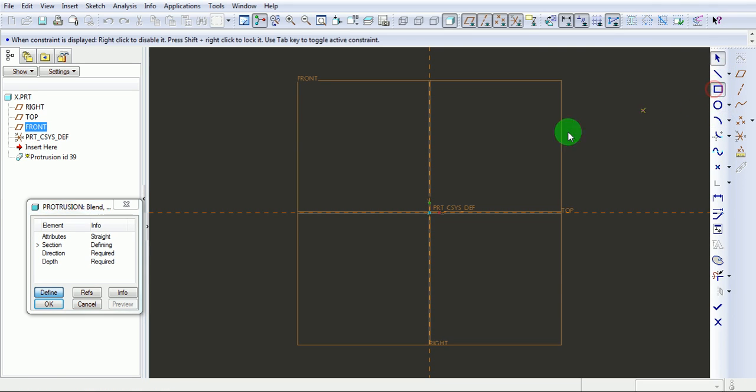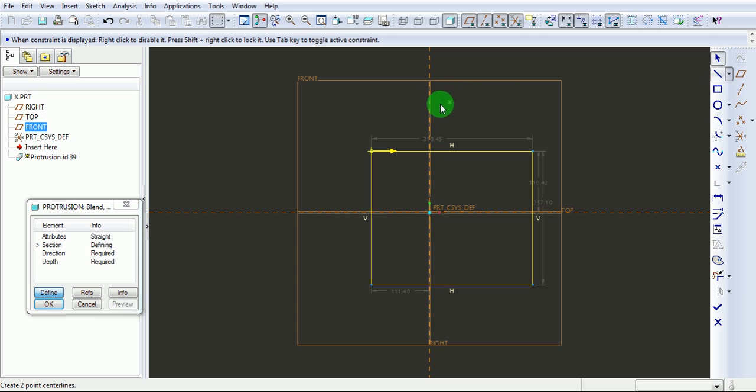First thing is draw a square from this end to this end. Press middle mouse button to deactivate rectangle command. Draw the center line vertical, center line horizontal. Press middle mouse button to deactivate center line.